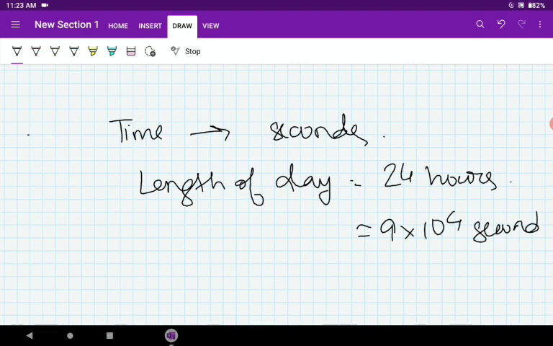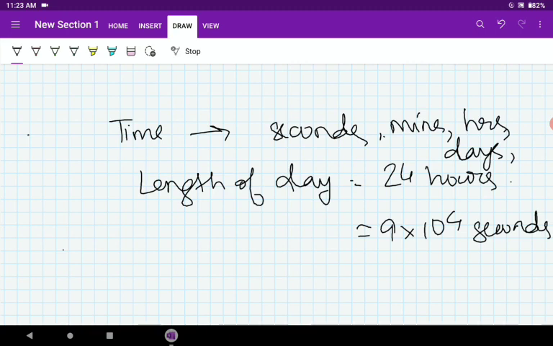See, in time we don't use mega or kiloseconds and all. You have never heard it because it is not the common thing. Common is to use seconds. After seconds you use minutes, then hours, then days. It is a separate system you can say. Time is measured in such things.